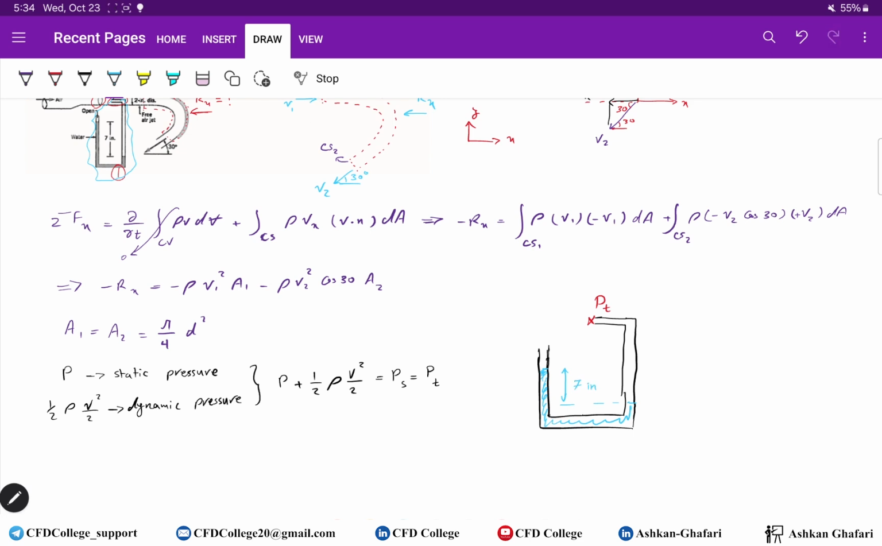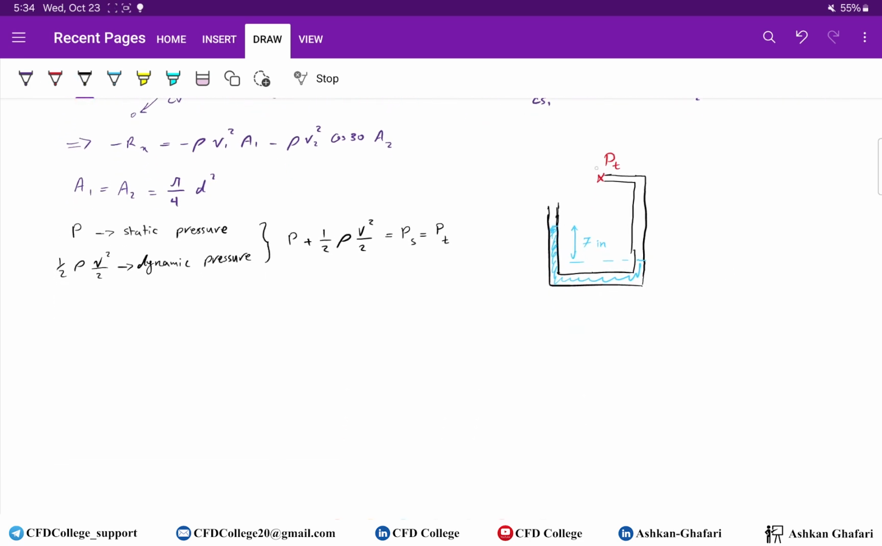Seven inches. So we can use the manometer equation. We start from point A and move towards this opening here. Since we have air in this tube, you know that the pressure here is PT. There is no change in pressure. So PT, which is